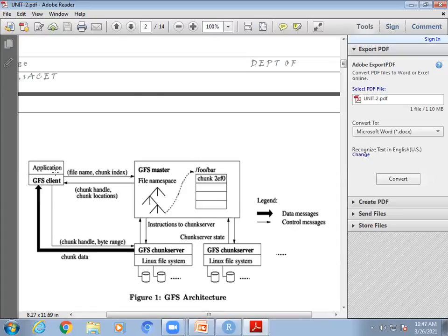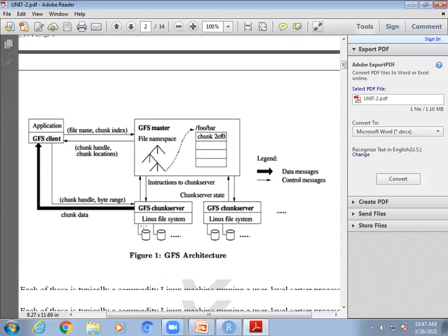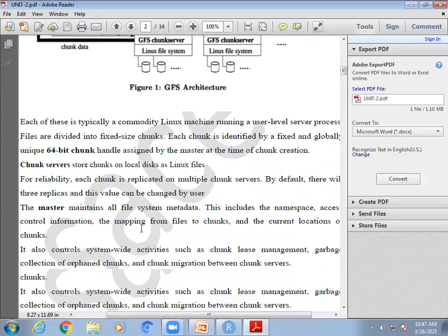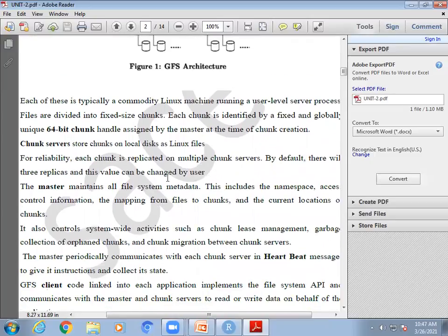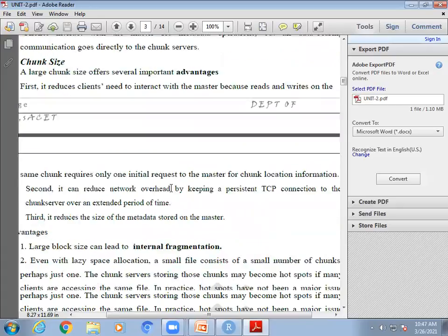In this architecture, as I said in the example, I have 100 bags. Here my data is those 100 bags, say 1 terabyte of data. You split your data and store it in chunk servers. You send your file name, and the GFS master in turn sends the location where your file is kept. Then you go and fetch your data from that particular chunk server. That is all about the Google File System. This is the first topic: Google File System, GFS architecture, 64-bit chunk handling. This is all theory related to the architecture.